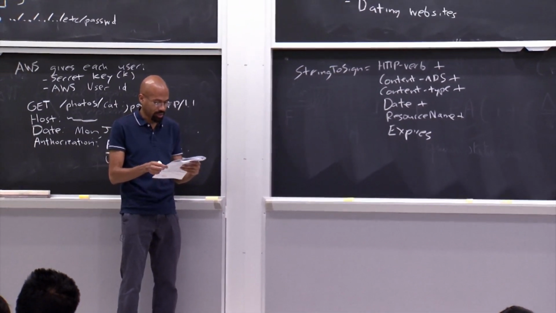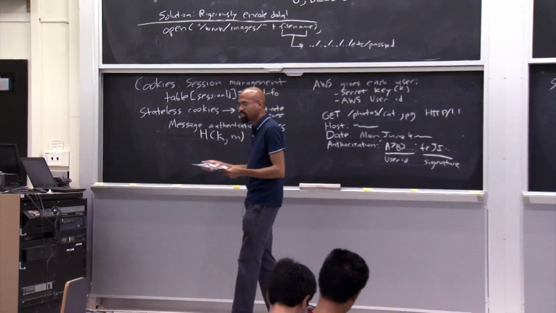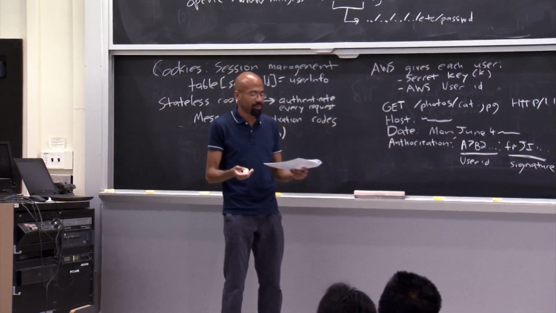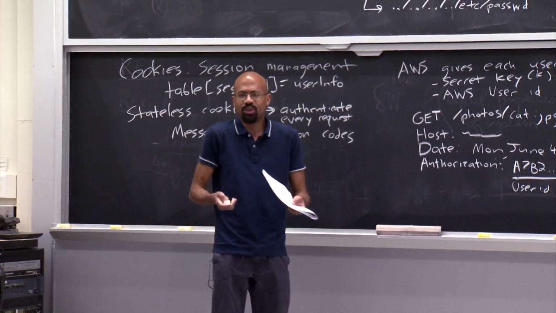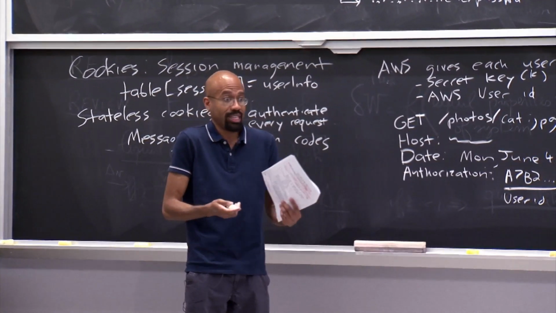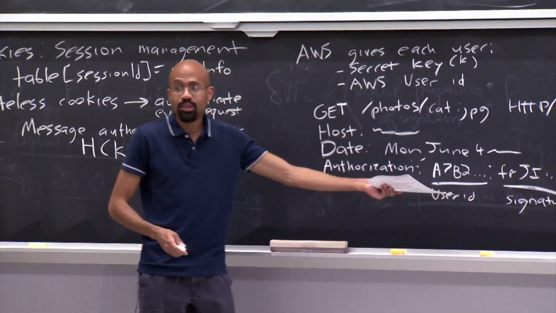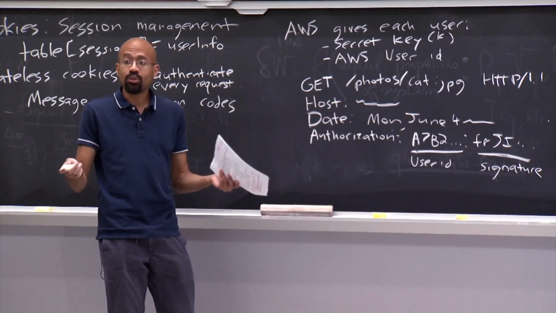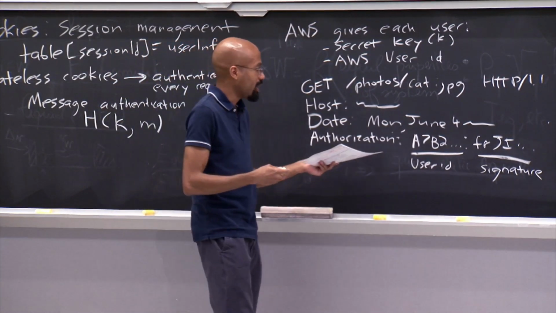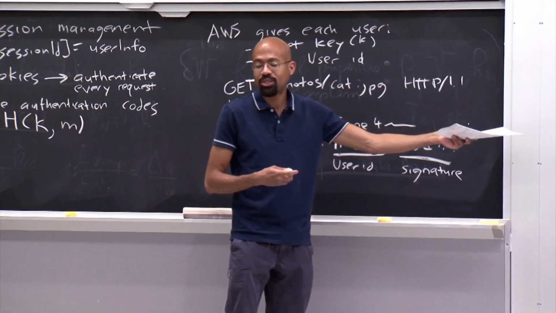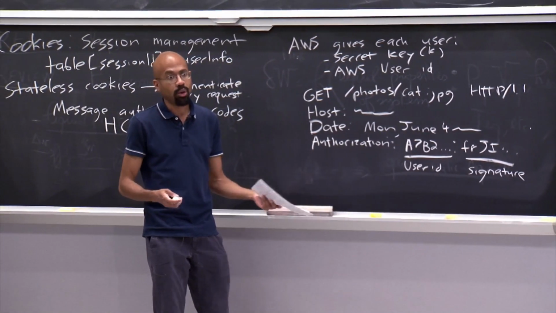Okay, so that is an overview of how these stateless cookies work. And one interesting question is, you might think, what does it mean to log out with this type of cookie? And the answer is that you don't really log out. You have this key, and whenever you want to send a request, you just include this right here, and you're ready to go. Now, one thing the server could do is revoke your key. So if the server revokes your key, you can still generate one of these things, but when you send the message over there, the server's going to say, aha, I know what your user ID is. You've been revoked, so I'm not going to honor your request.